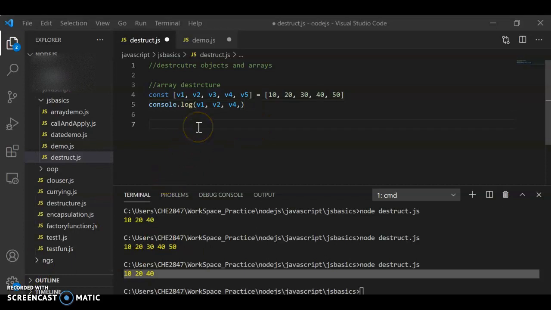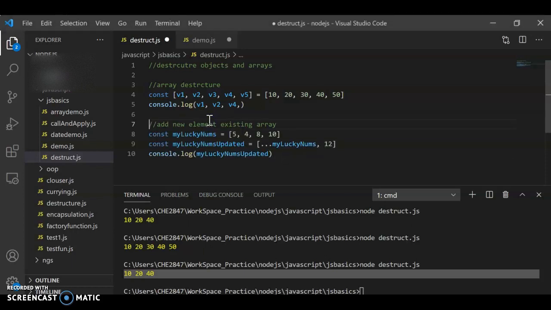Sometimes you want to add a new element to the existing array, but you don't want to copy all the elements and write down that new array, right? So, for example, let's say you have these four elements, lucky numbers, and I want to add a new number to this. I don't want to repeat those numbers again, creating a new array out of the existing array. Basically,